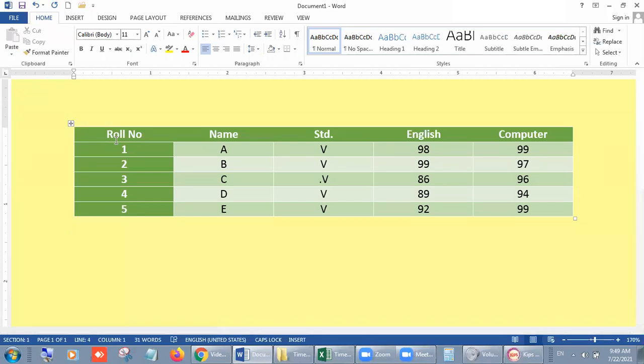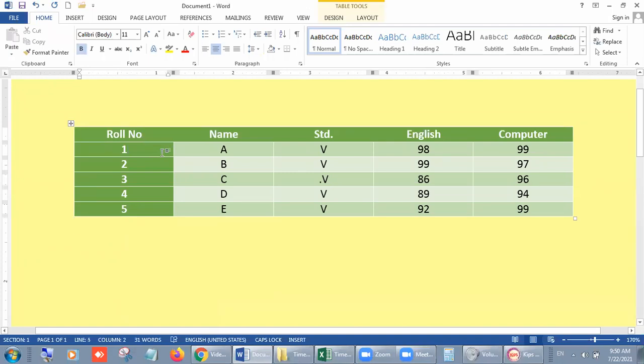We never want to increase the size of a column unnecessarily. So if you want to change it, click inside the table. When you click inside the table, you will have some resize buttons on the ruler of the screen. Ruler means scale.